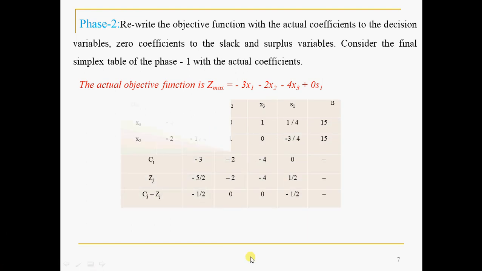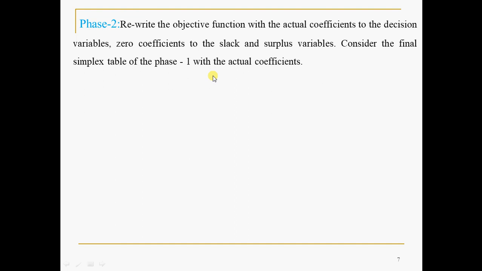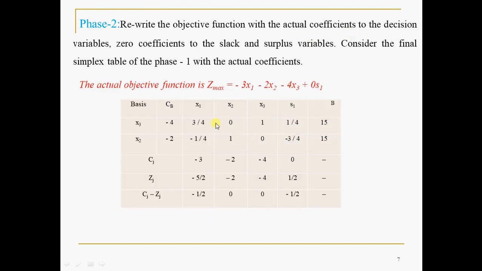Now what to do is, this is the basis. Same thing, wherever you have concluded as the final simplex table of pace 1, the same thing, x3, x2. Where is this x3, x2? Let us see here, x3, x2. In simplex table 3 of pace 1, from the auxiliary or virtual LPP, 0, 0 are the coefficients. Now the actual LPP is written with actual coefficients, hence, see, minus 4, minus 2 you will get. What are these minus 4 and minus 2? The x3 coefficient, minus 4. The x2 coefficient, minus 2. The coefficients you have taken from here.